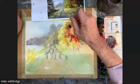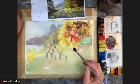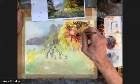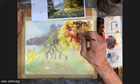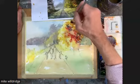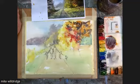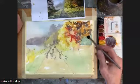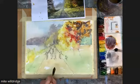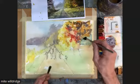Let's bring a bit more just here. Well, looking at this tree, maybe make this a bit darker on that side. Now, this area of green that I've got down here, so I think I'll take this color, add a bit more blue to it maybe, and